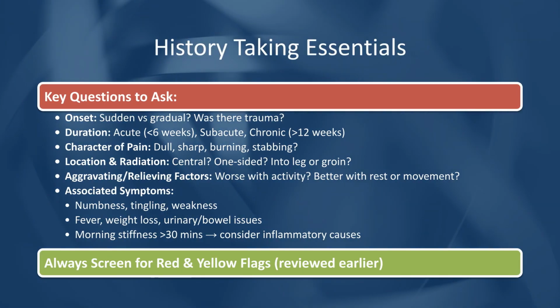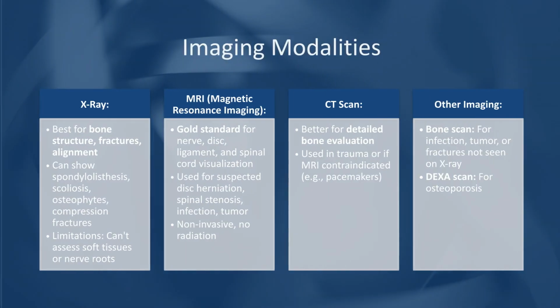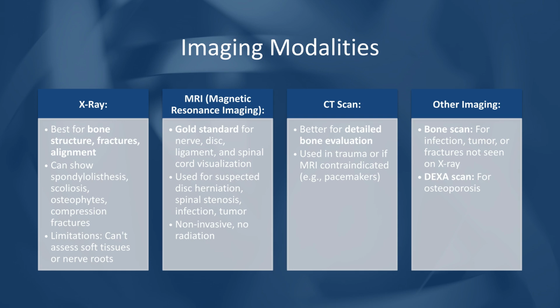A thorough history is essential, covering onset, duration, pain character, location, and associated symptoms. Always screen for red and yellow flags, which are crucial indicators of serious pathology or barriers to recovery. Imaging modalities vary based on suspected pathology. X-rays are best for bone structure and alignment. MRI is the gold standard for soft tissues like discs and nerves, and CT scans are better for detailed bone